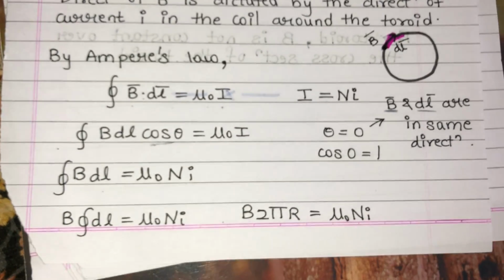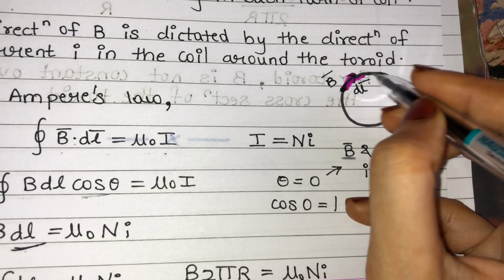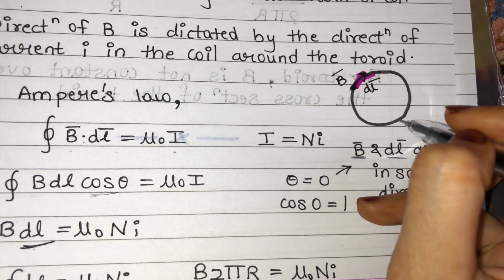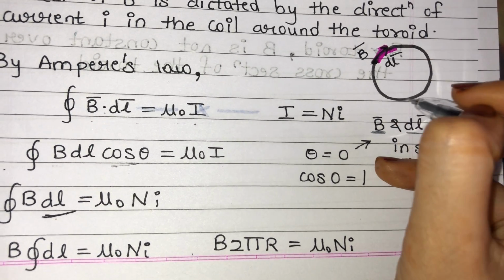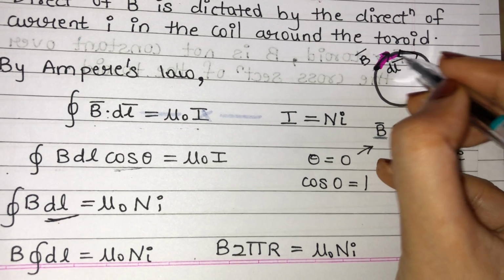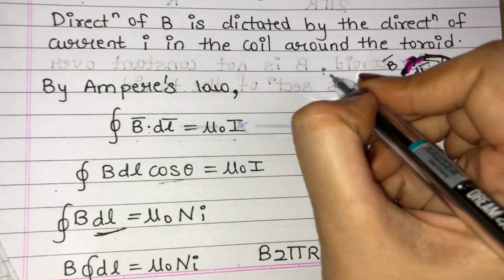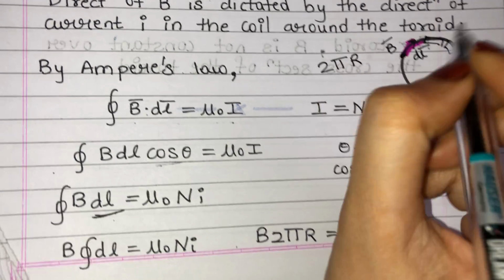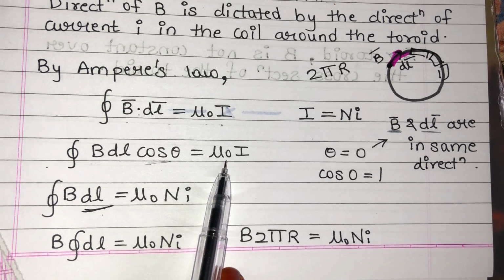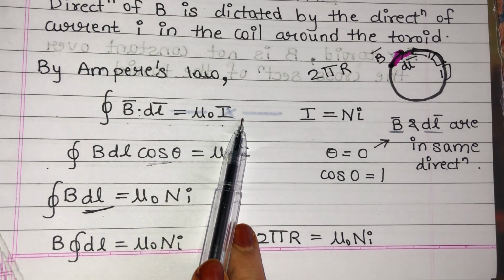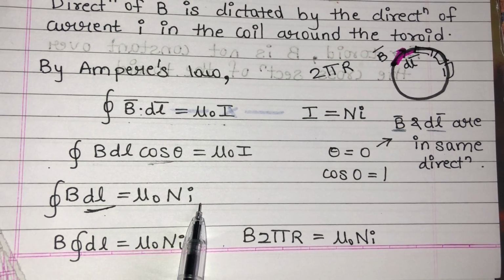Now the closed integral over dl. We are just discussing this loop, the Amperian loop. So what is the integral over this loop? If you join all the small length elements on this loop, what will you get? The circumference. So it is 2 pi and the radius is capital R. So this integration is 2 pi capital R, and the right hand side is mu naught I according to Ampere's law. What is I? I have explained here. N into I, I have substituted that over here.